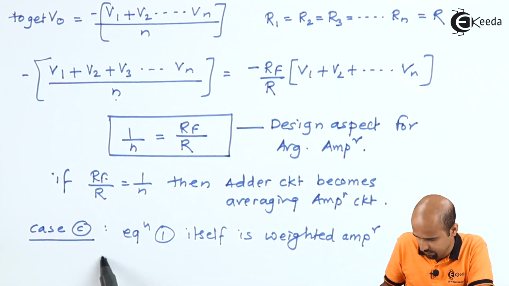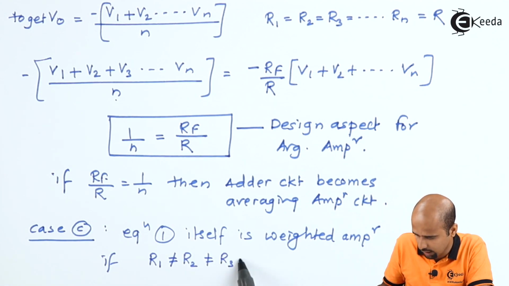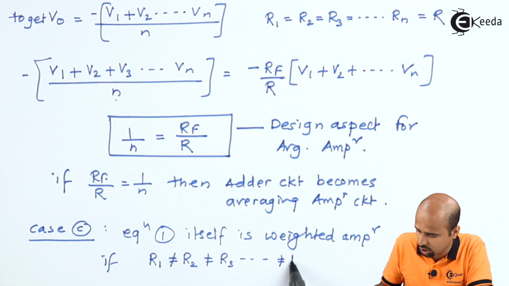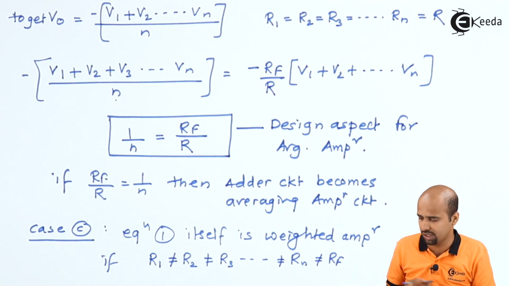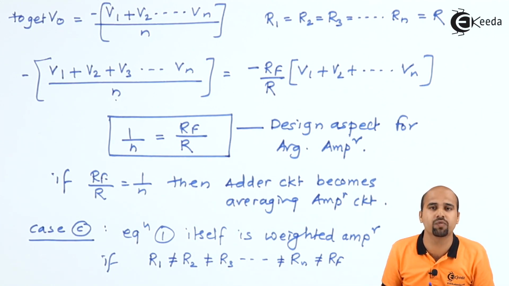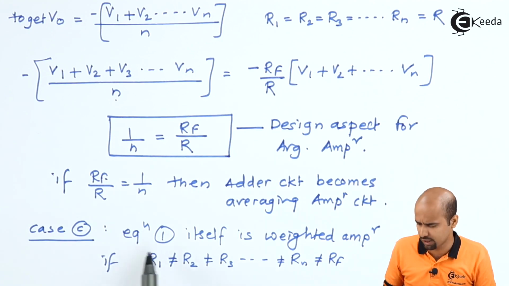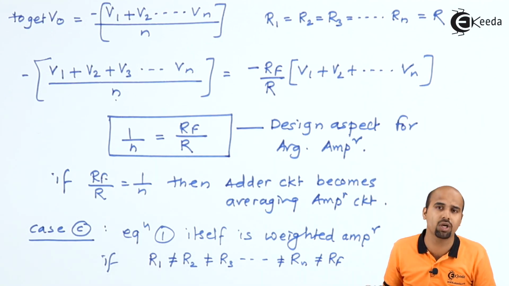That means if R1 is not equal to R2, is not equal to R3, and so on, is not equal to Rn, is not equal to Rf, then I can say that this is your weighted amplifier. So we have to write the equation the same as equation number 1